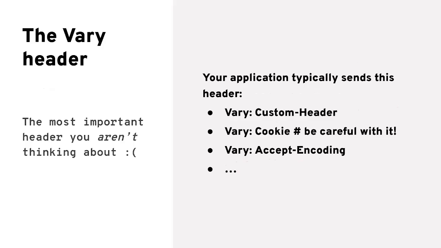Another thing that I want to talk about is the Vary header. I call it the most important header you aren't thinking about, because usually when you have a cache problem, it is, well, either you're sending the wrong headers or you're sending the wrong Vary. Your application is going to typically send Vary headers as either a custom header, which is not really recommended, but you could, Vary Cookie, and then Vary Accept-Encoding. And all of these